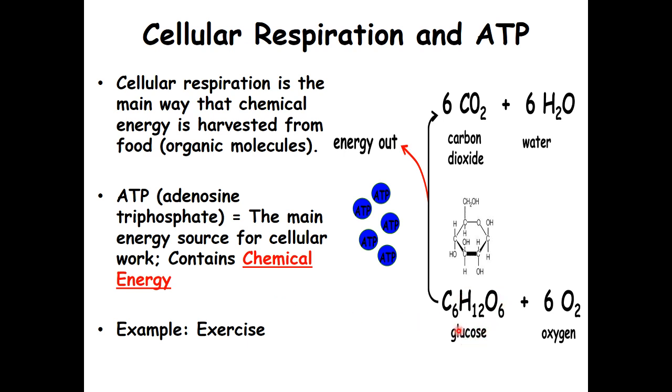When you break down glucose, when you exercise, you need more energy. The one thing you didn't say is that you're going to breathe a lot harder, right? Your breathing rate picks up. It's because when you start exercising, your muscles need more energy, so your body starts breaking down more glucose to get more energy for the muscles to use. But at the same time, if you are breaking down more glucose, you need more oxygen to go with it, right? That's why you start breathing really hard: you need more oxygen to burn the glucose and turn it into ATP, okay?